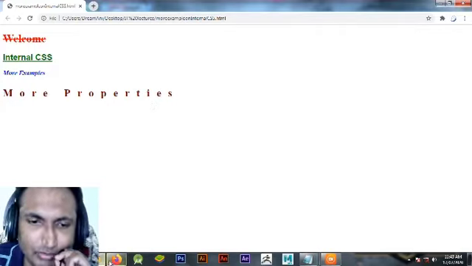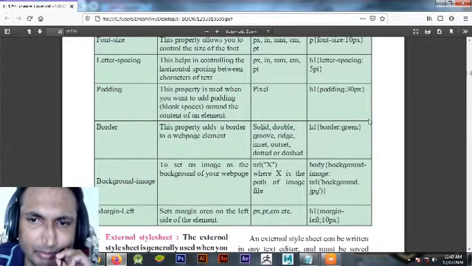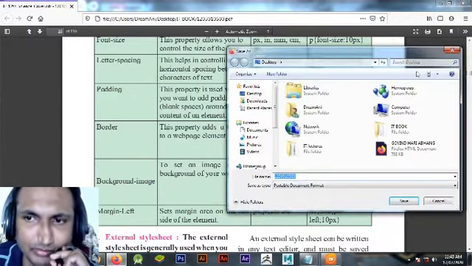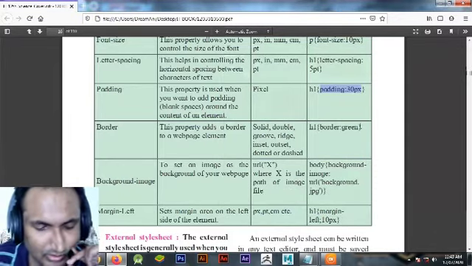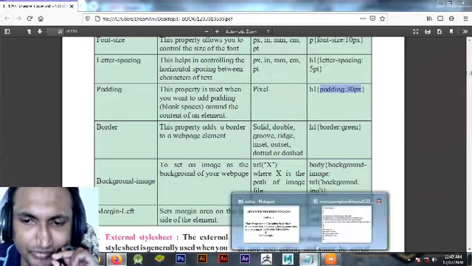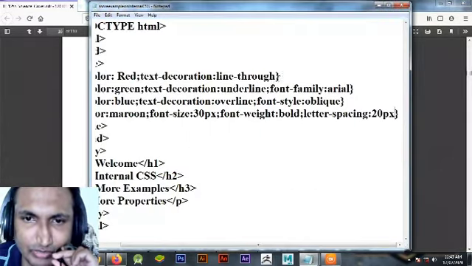And if you want to see more, let's pad the h1 and see the padding property.